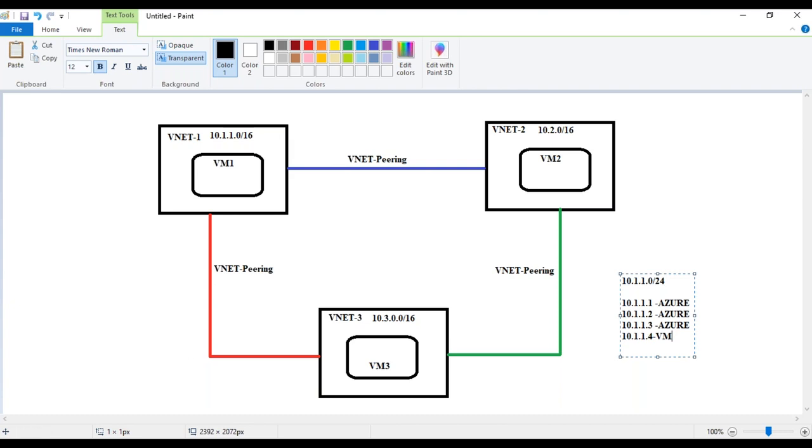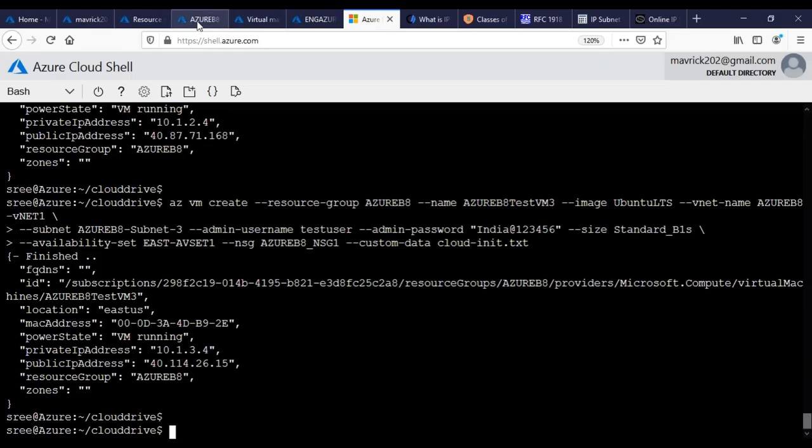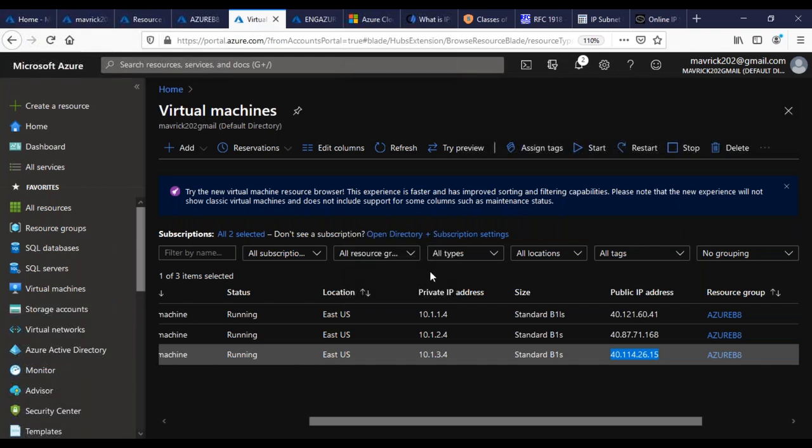That is why, if you notice the IP addresses of the servers which were deployed, you'll notice 1.4, 2.4, 3.4. You can't really use the .1, .2 and .3 IP addresses. The fourth IP address will be usable. This is how you can deploy it using the scripting. Any questions, guys? Anything you didn't understand here? Is it clear?